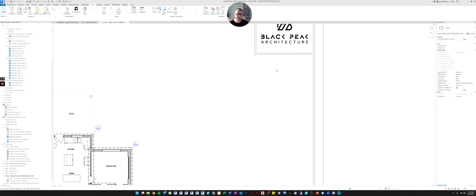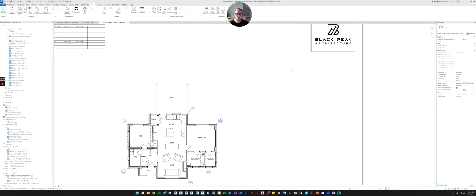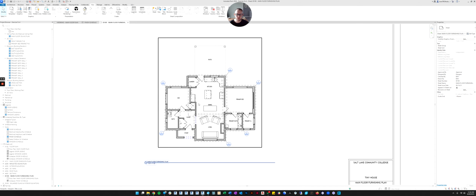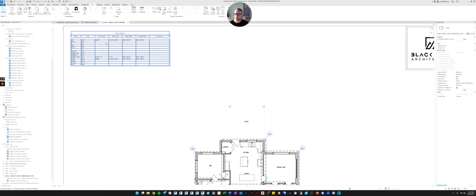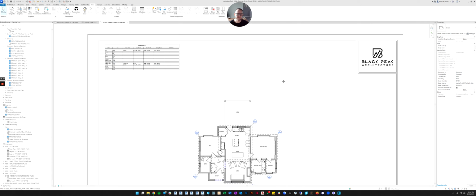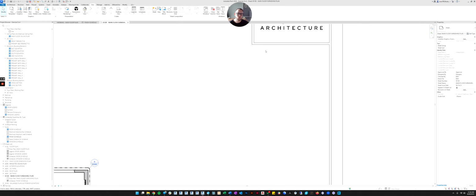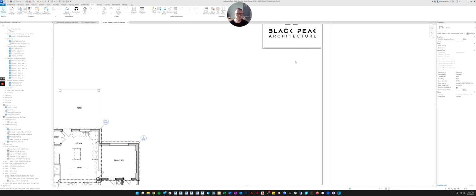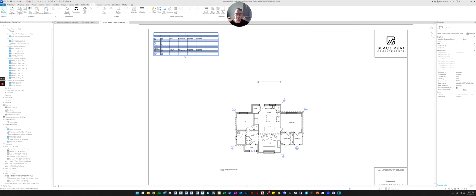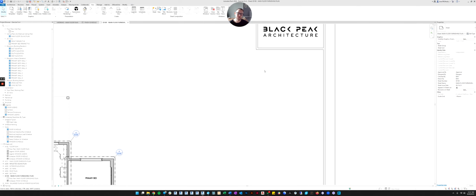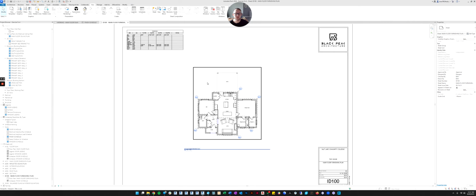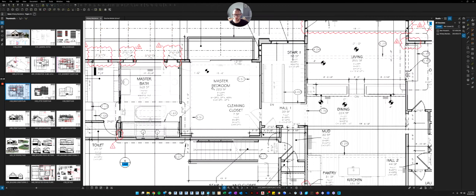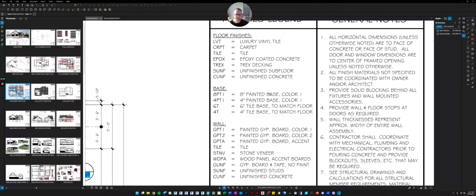I give the long form because sometimes I'll just write carpet 1 or carpet 2 or carpet 3 because maybe each room that has carpet has a different carpet. So I just put carpet 1, carpet 2, carpet 3 over here in the schedule, and then I make a legend. Carpet 1 is, and then I specify the exact color, how I want it laid, what brand, what manufacturer it is. I list all of that in the legend so that I don't have to write it all out again and again in the schedule. You just write it once in the legend. So you can also go that approach if you'd like. Let me show you. You see that that's how I did it here.